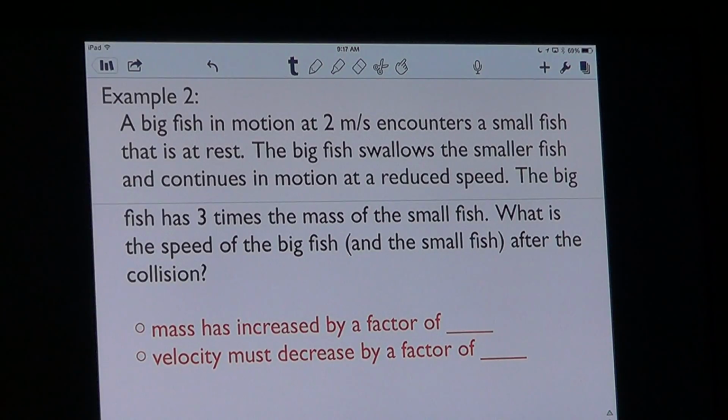Okay, so before the collision, the mass is going to be what? 3 times the mass of the small fish. So if we say m is going to be the mass of the small fish,